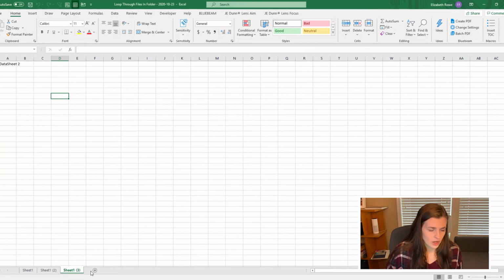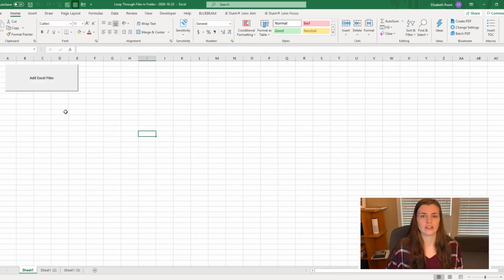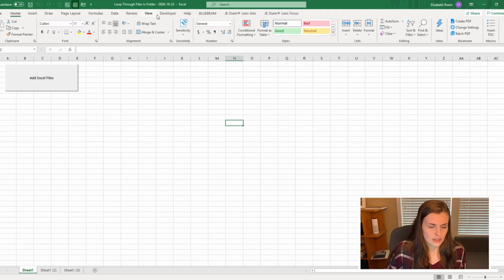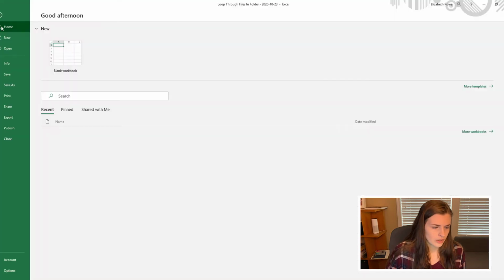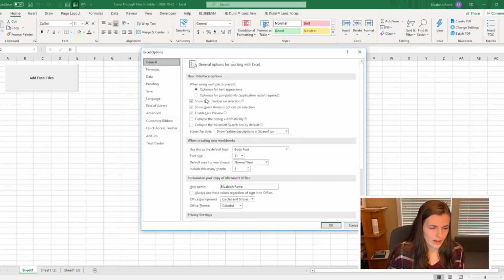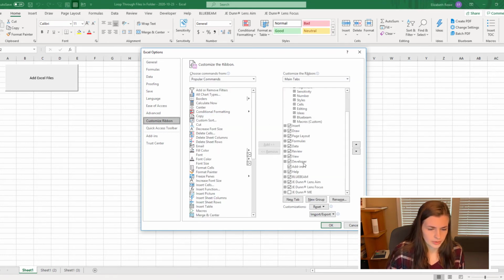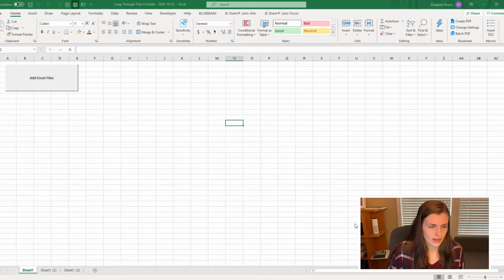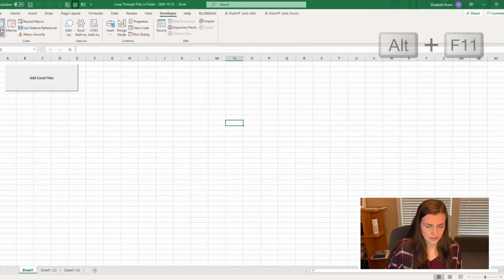I also use it to copy templates and anything that I'm feeling particularly lazy about doing, and I think I could just add a little button and then it does it for me. Now, when I say VBA, it's actually hard to get to. You have to go to options. So you go to file options, and you have to customize your ribbon and go find the developer tab and then enable it here by clicking the developer. And then you'll have this developer tab open, and you can press Visual Basic or you can press Alt F11